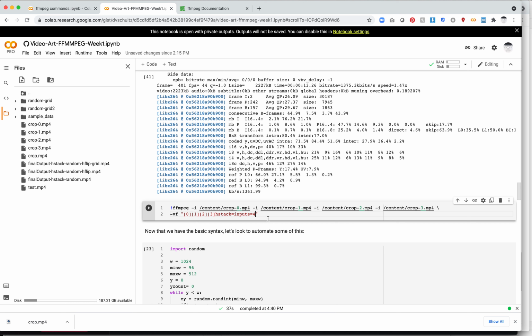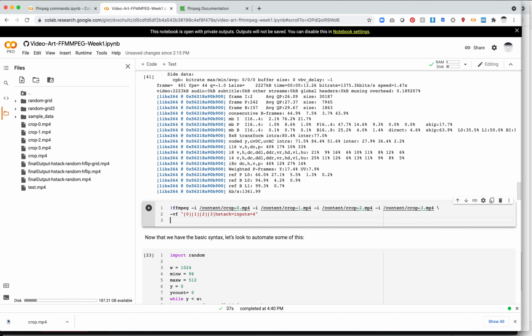And then we could save this to a variable. We could say this is something like row 1. But because there's nothing else that we want to do here, we can actually just leave that out. And what that's going to do is assume this is the output file. So now we'll say